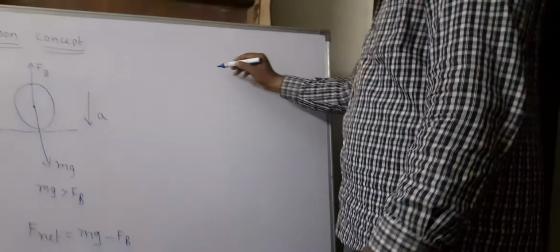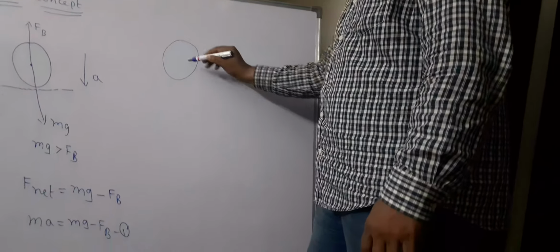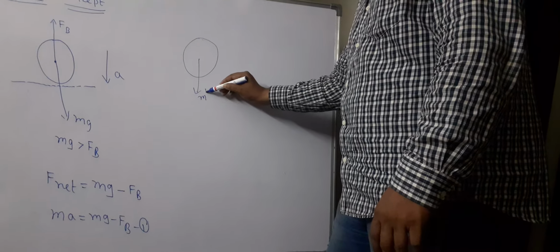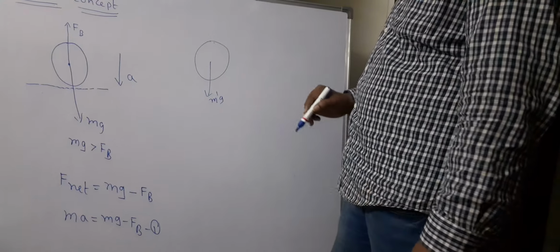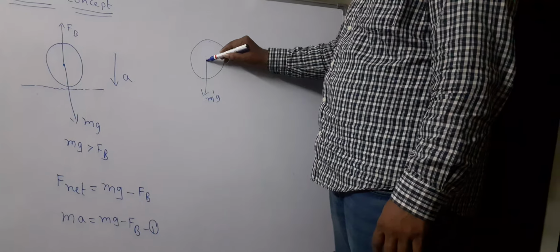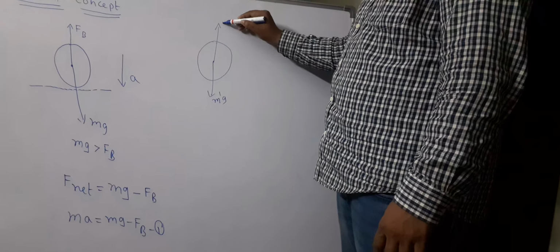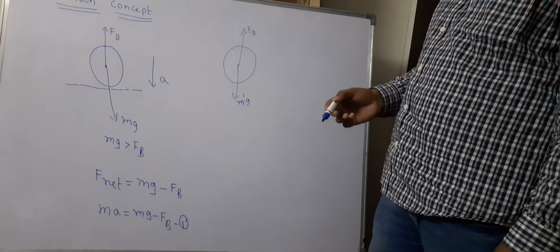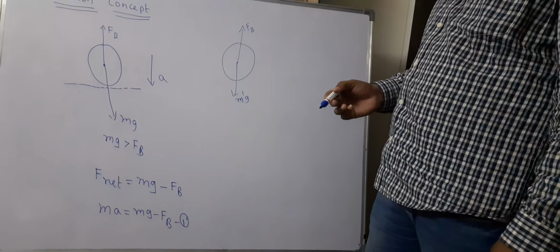In the balloon some mass is removed. Look here. In the balloon, some mass is removed. The new mass is m dash, so the weight is m dash g. Okay. In the situation, the force of buoyancy always acts upward. Here, some mass is removed. The new mass of the balloon is m dash.